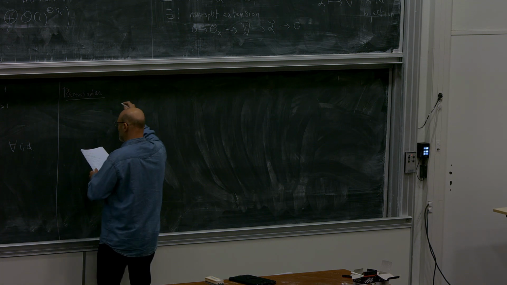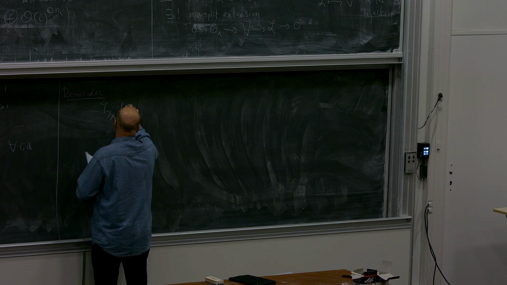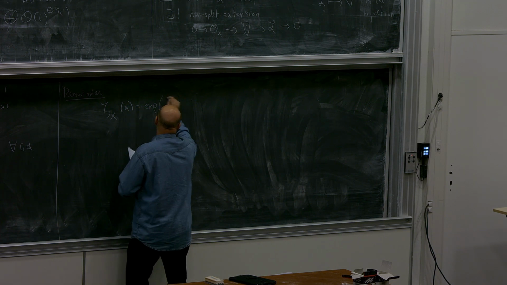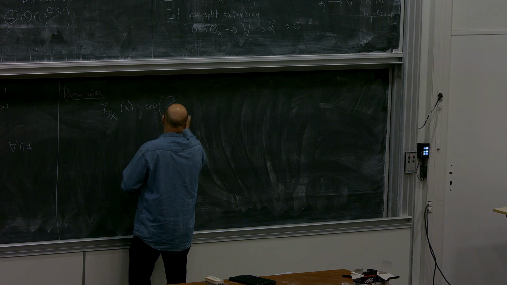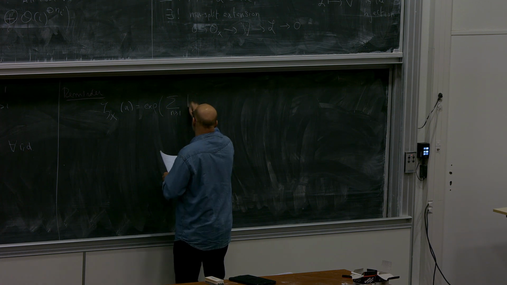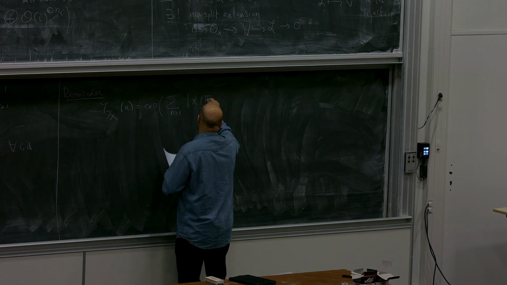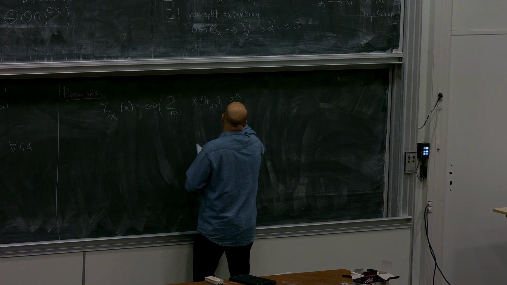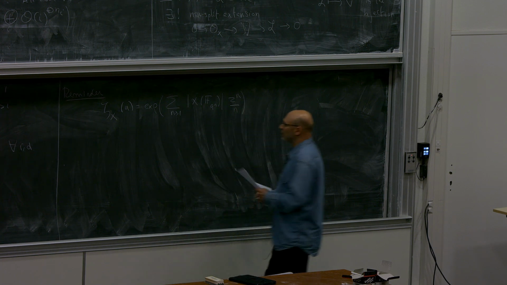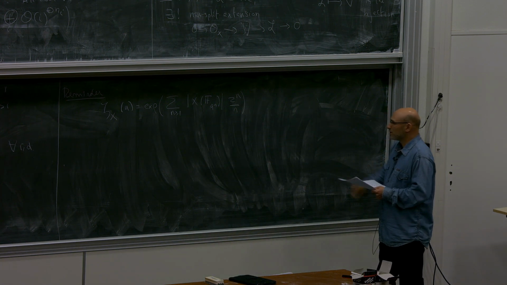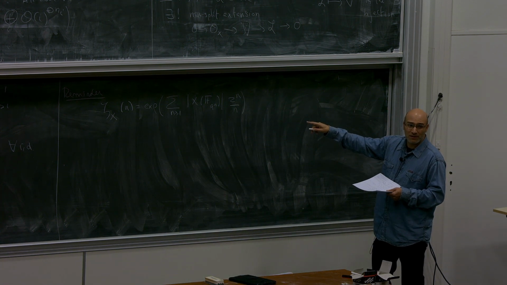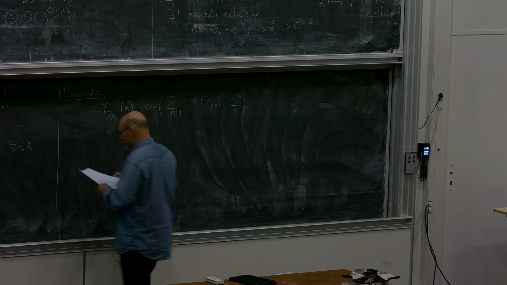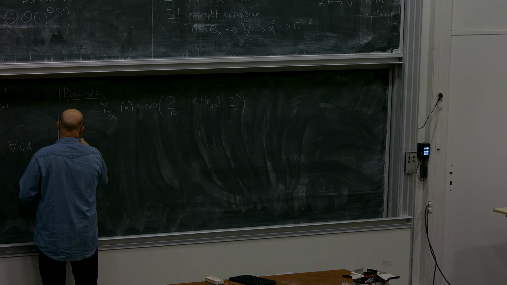So the zeta function is defined like this. It's the exponential of the sum for all n greater or equal to 1 of |X(F_{q^n})| z^n over n. You can define this for any smooth projective variety, for any variety if you want. And the beautiful theorem due to Weil